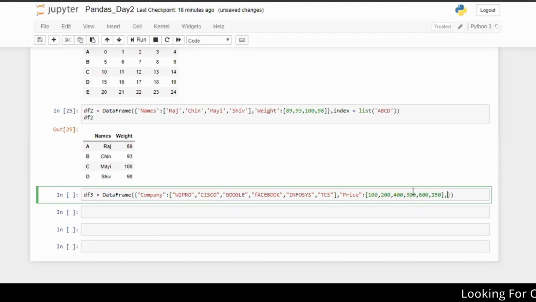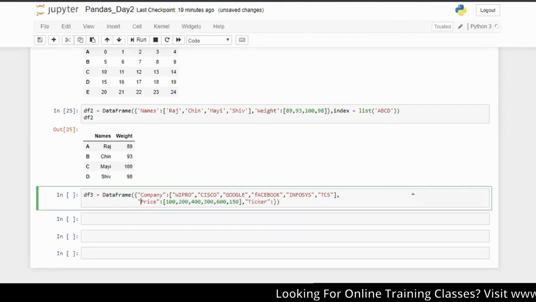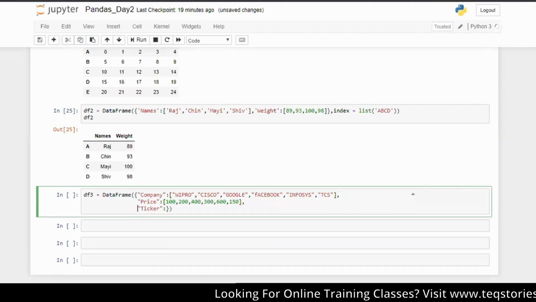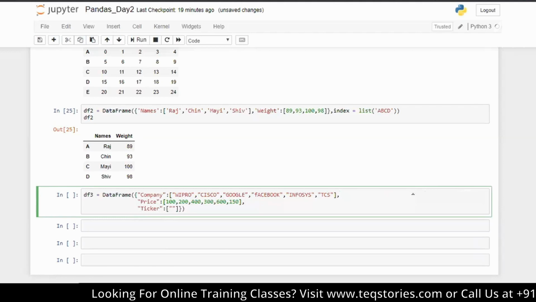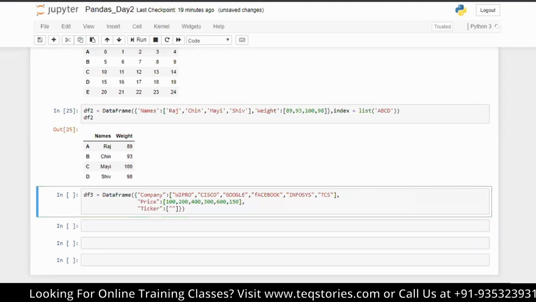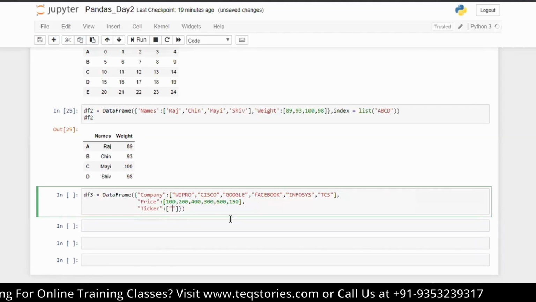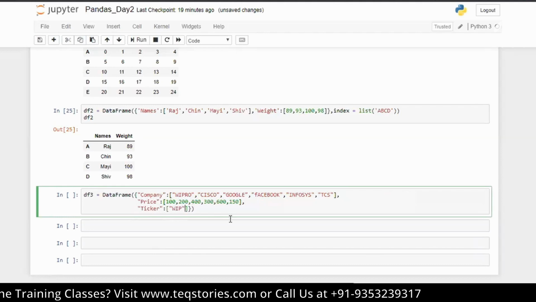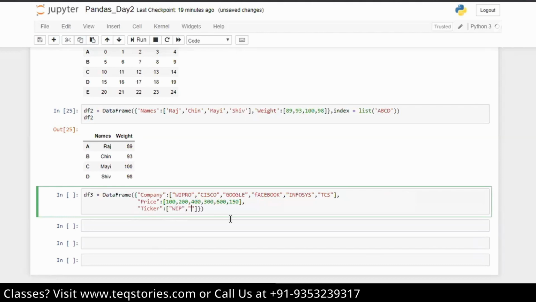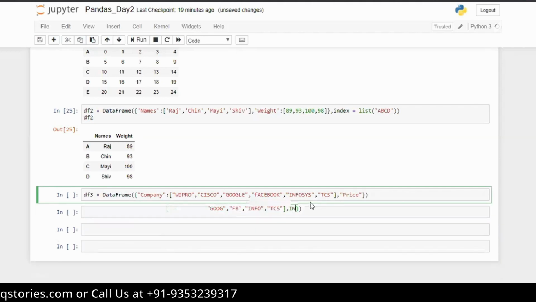And we have ticker values. So ticker values we have this, this, and here I'll give an index.